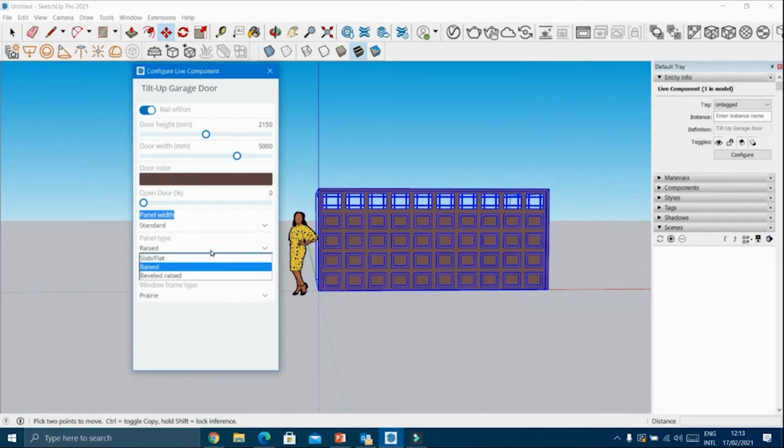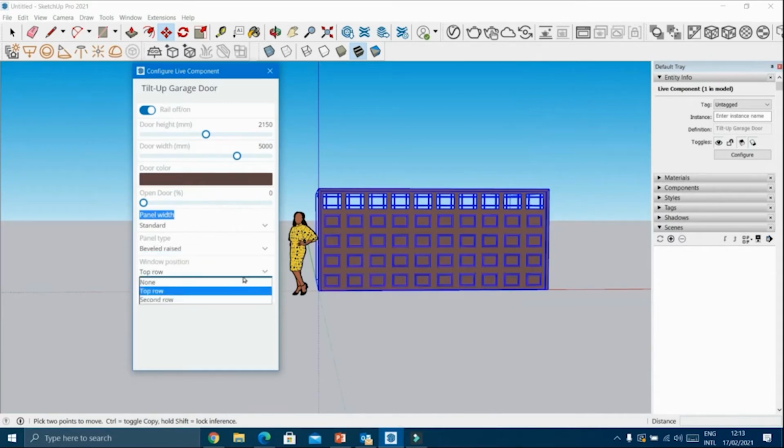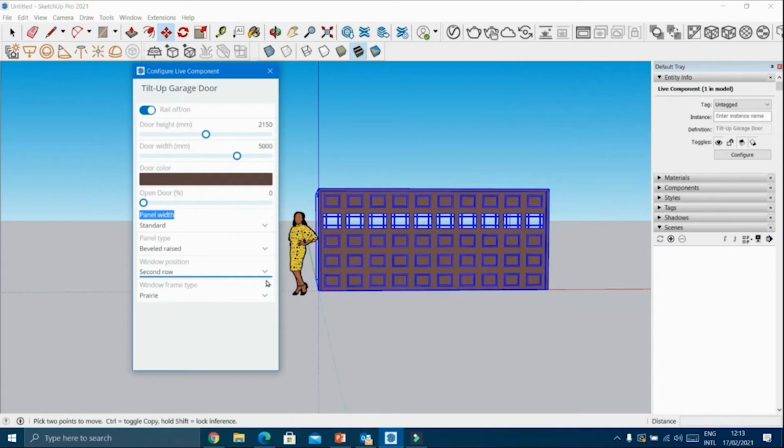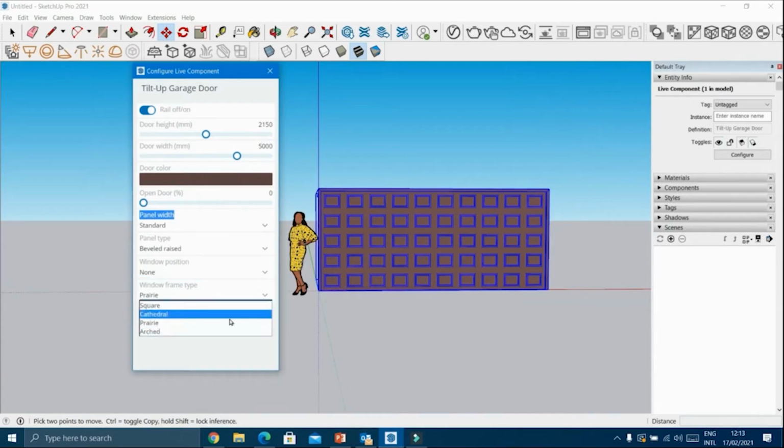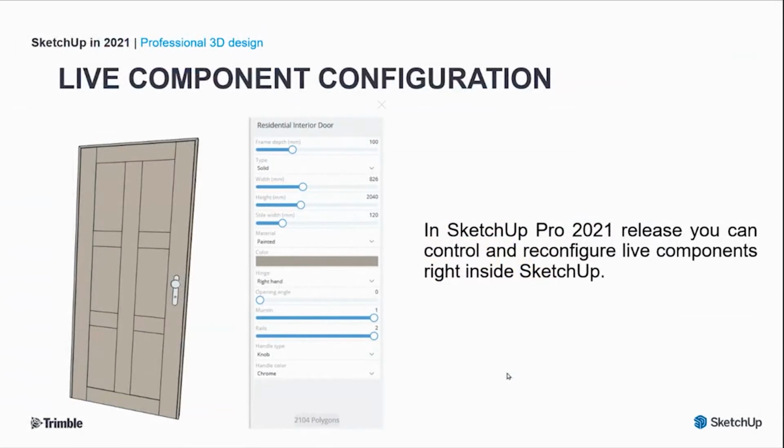These live components are released as a part of a new subset of SketchUp called SketchUp Labs. So the features under SketchUp Labs are still under development, and these lab features allow us to collect all your feedback for better development. Till now, we can only use the live components created by the SketchUp team. Soon, we can expect to create our own live components within SketchUp with the latest update. So let's hope for that. Hope all of you understood the live component configuration.